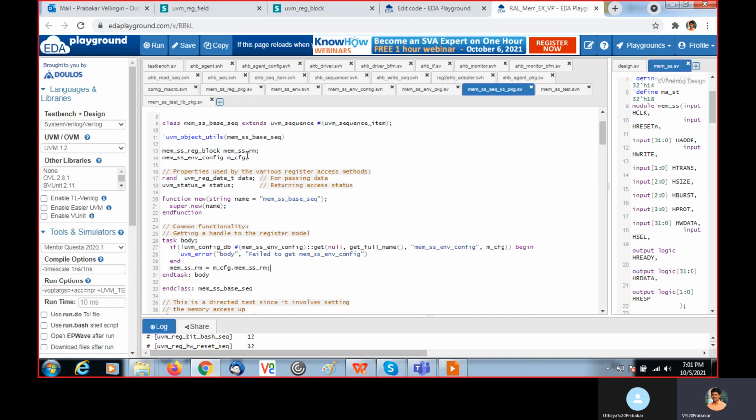If I instantiate it here, it will create another handle, the other handle, so each one will vary. So I pass the handle. If I access it, I am going to access the same register model. That's why everywhere we instantiated, we need to get the actual handle, and then we do the operations.